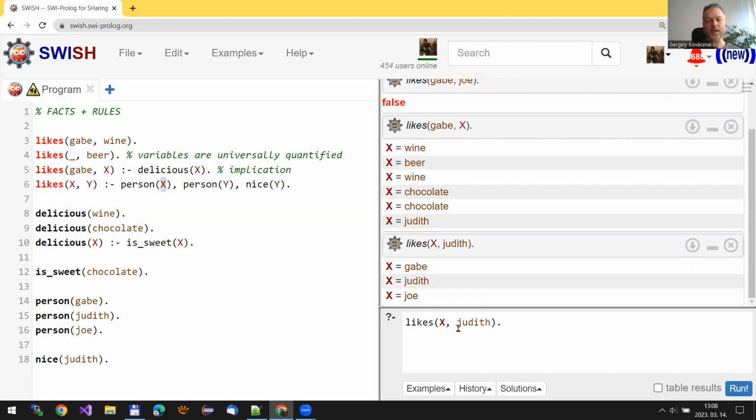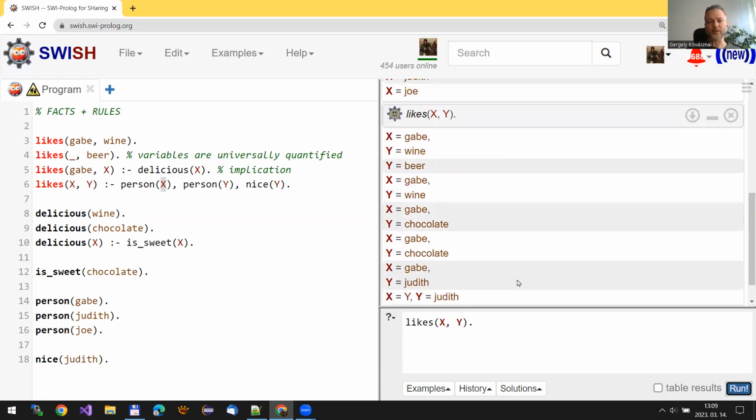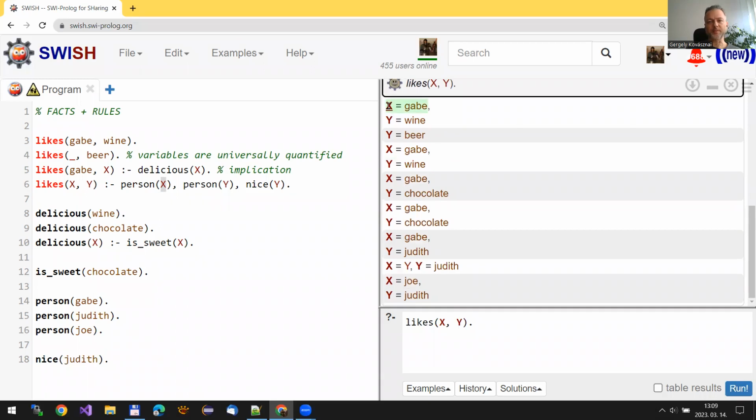And finally, I would like to show you that you can even generalize your query even more. You can use variables everywhere and ask this very, very generic question: who likes whom, based on my knowledge base. Now I'm going to get pairs of possible substitutions into those two variables. For instance, Gabe likes wine, and if you click on the buttons, you get all the possible substitutions.